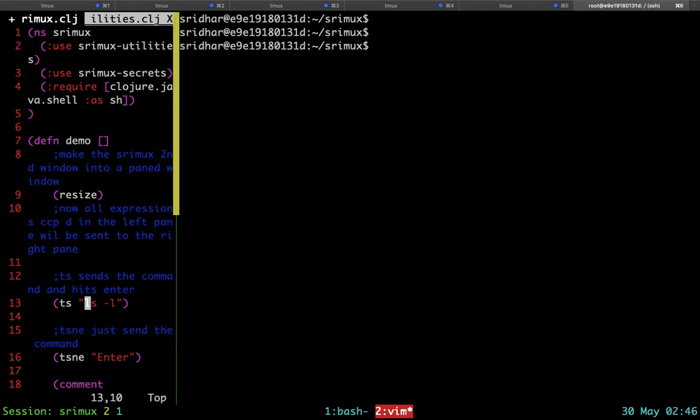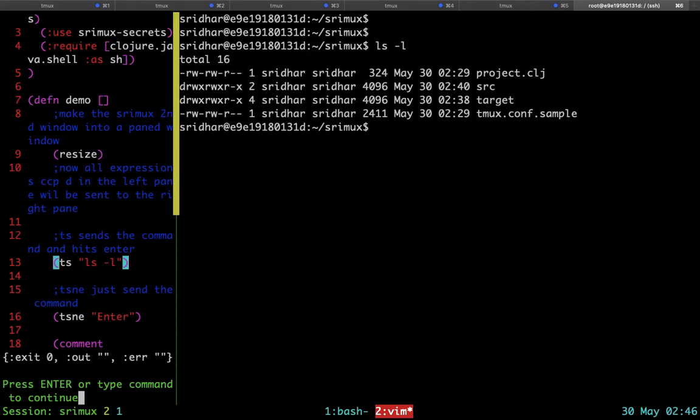Fireplace will eval the first enclosing S expression. So when you do this now, eval from this place, you can see that the TS command appended an enter to the string at the end and sent all these characters to the right pane.